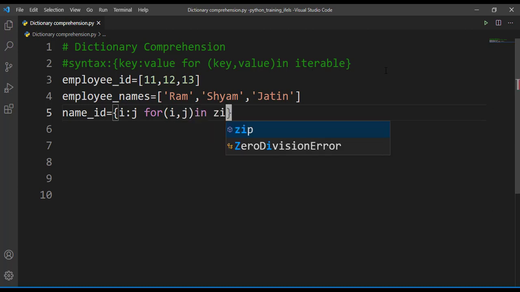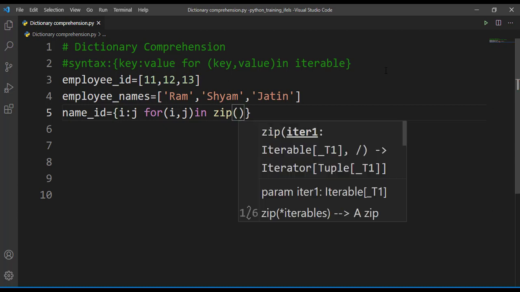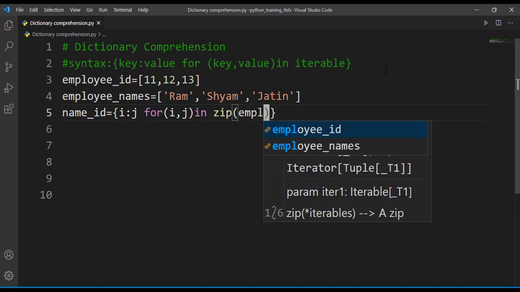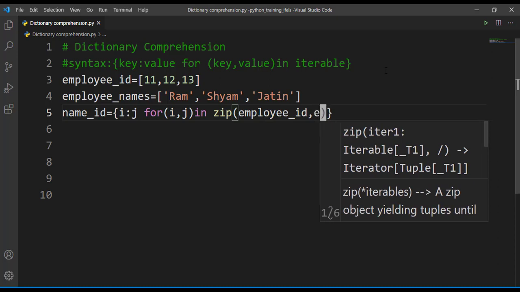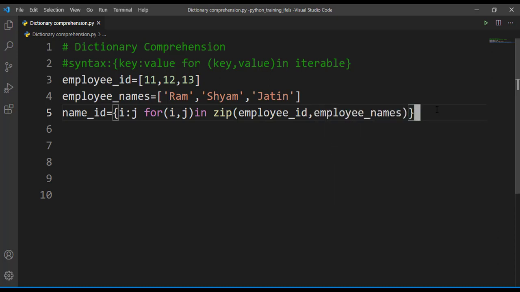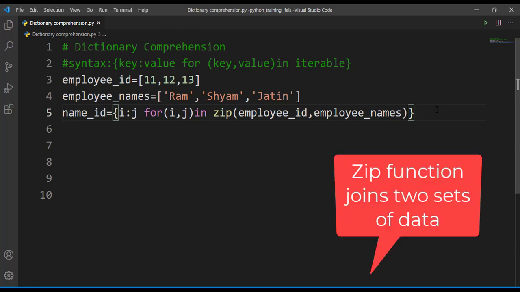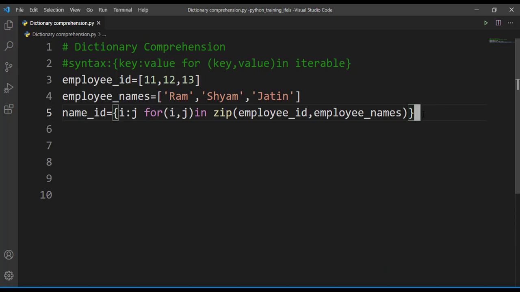In, now I'll make use of the zip function here. Zip employee_ID comma employee_name. I hope all of you are aware of the zip function and its functionality. We use the zip function to combine or join two tuples. So that's why I'm making use of the zip function here.